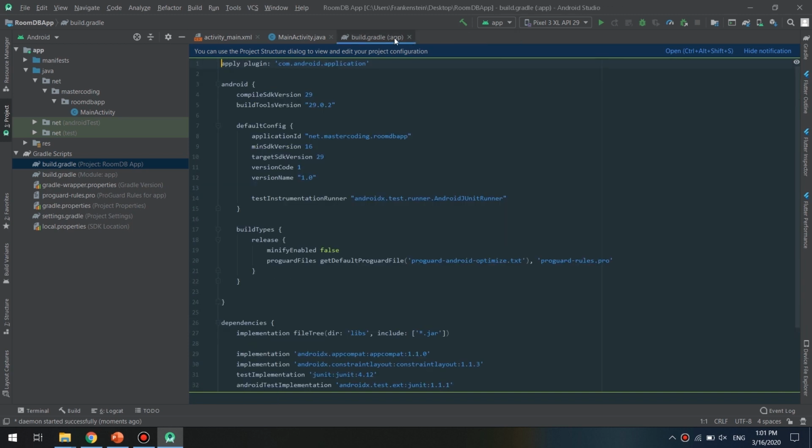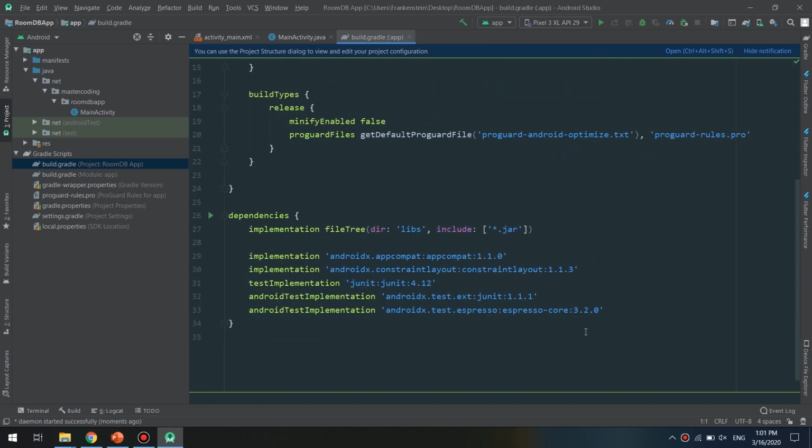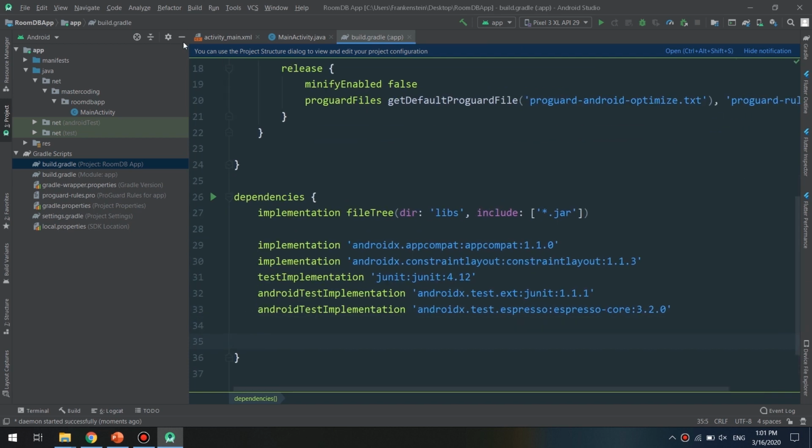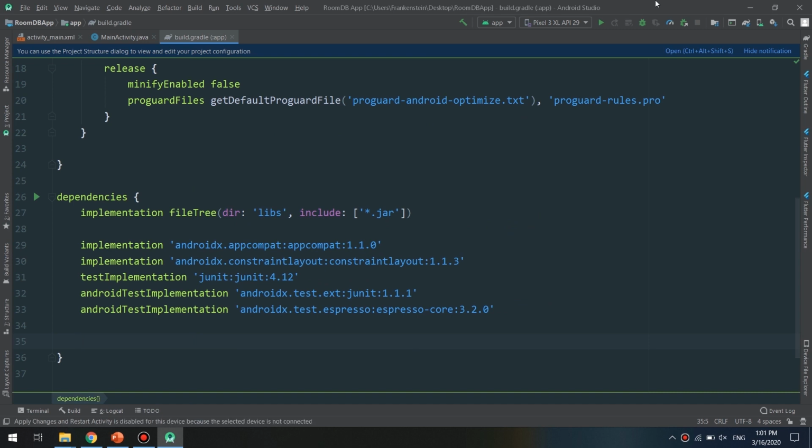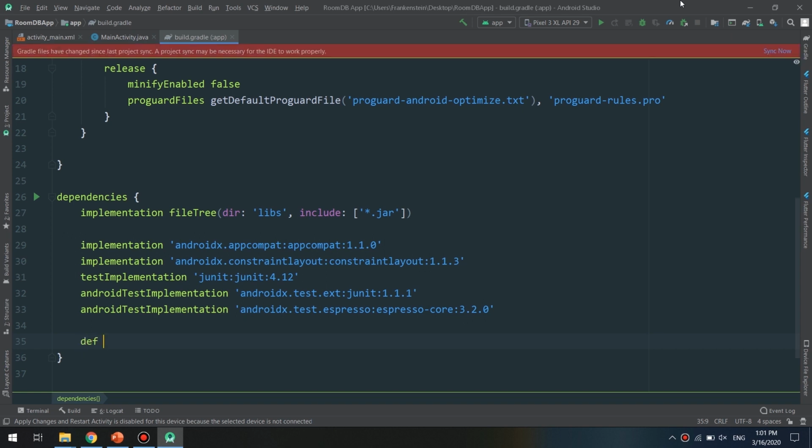We can add the Maven, or we can leave it blank because I'm using AndroidX. If you are using a pre-AndroidX version, you need to add the dependency Maven URL. Now, because I'm using AndroidX, I'm just going to make a Room version